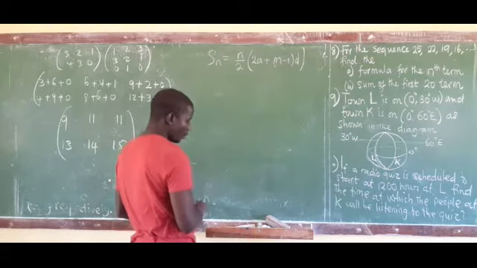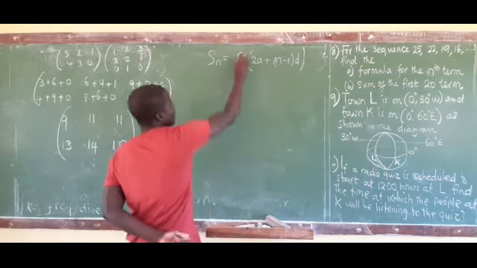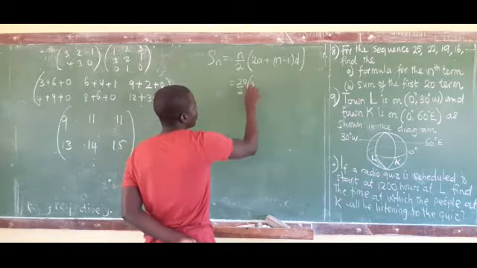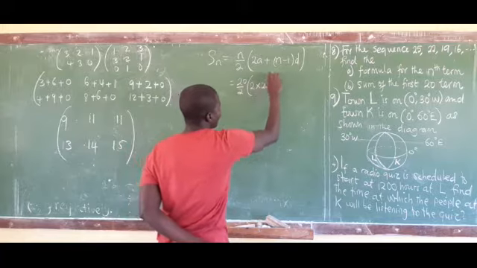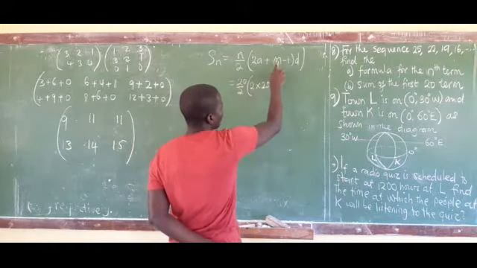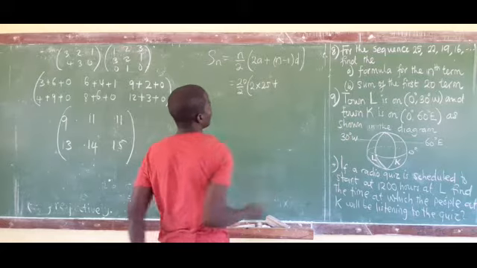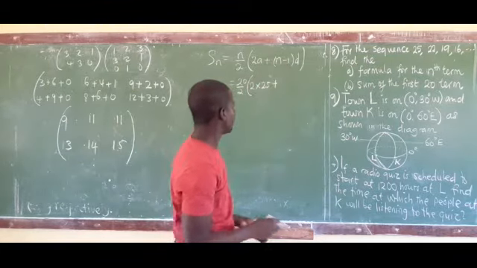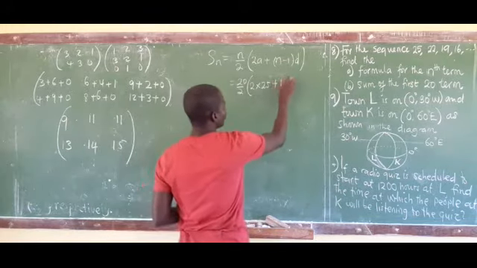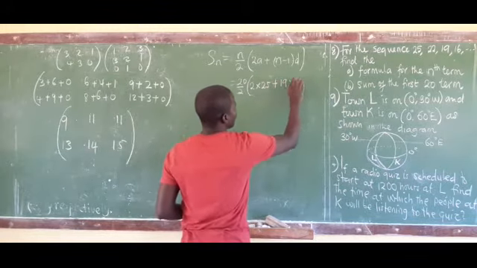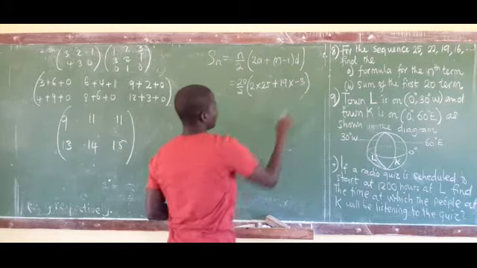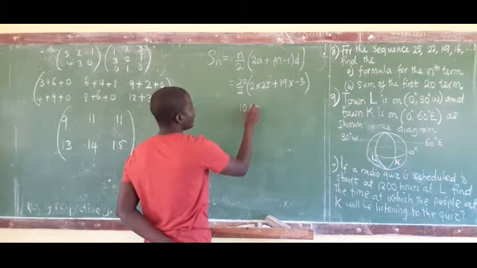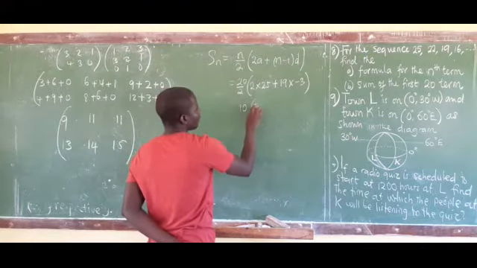So we want the sum of the first 20 numbers, meaning this is going to be 20 over 2 and 2a multiplied by 25. So we plus, what is our n here? Our n is 20. So we're going to have 20 minus 1, which is 19, multiplied by the common difference, which is negative 3. So what do we get here? We're going to have 10, 50,